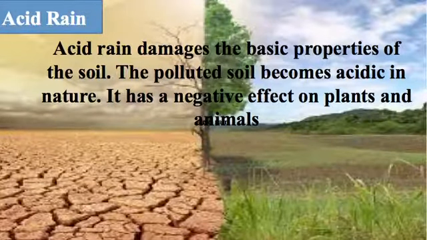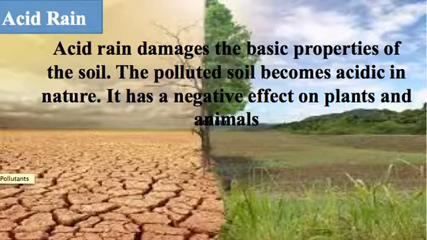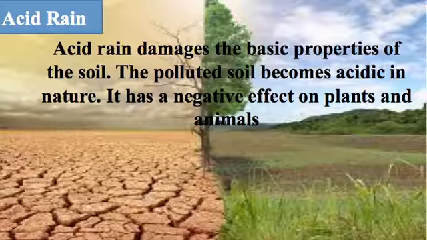Acid rain is also affected by soil pollution. Acid rain is rain or any other form of precipitation which is usually acidic, meaning it has elevated levels of hydrogen ions, at a low pH. It can have harmful effects on plants, aquatic animals, and infrastructure. Acid rain is caused by the emissions of sulfur dioxide and nitrogen oxide, which react with water molecules in the atmosphere to produce acids.